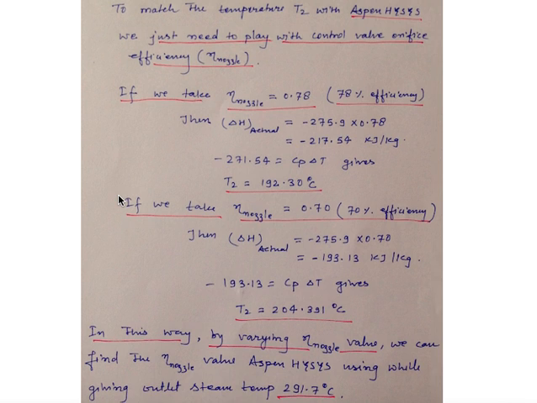So this is all about the concept of flashing calculation in HYSYS by throttling the steam through a control valve. You can calculate manually also, and you can validate HYSYS. You can validate your calculation with HYSYS by doing the nozzle efficiency or the orifice efficiency optimization using this method, and you will come to the same result.